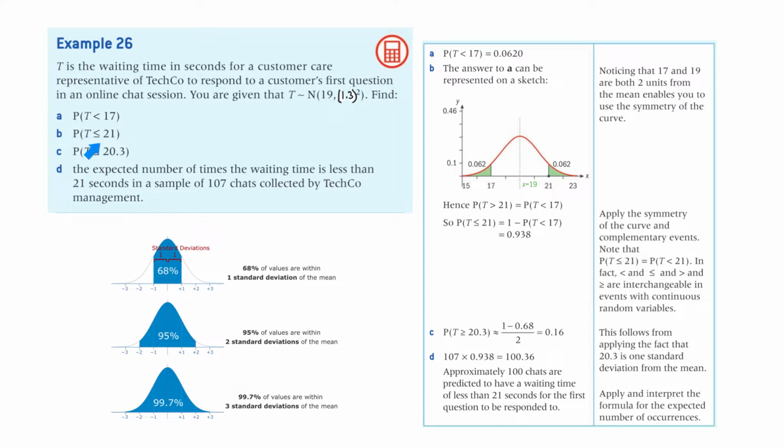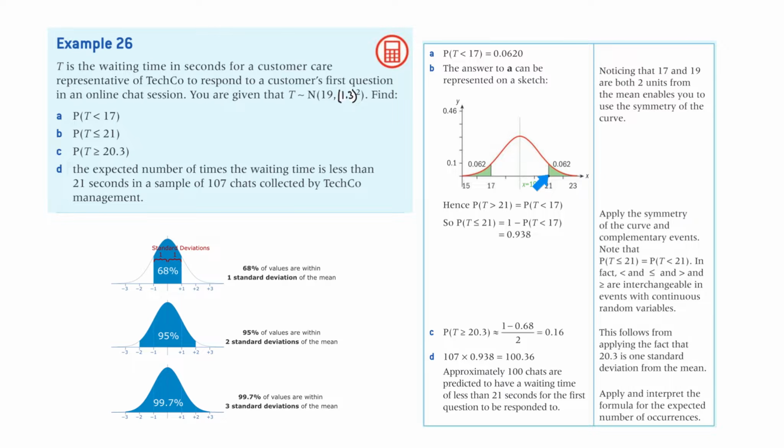Okay, for this one here, it's very similar. We use that for the mean. Again, it's normal distribution, and that's the mean, that's the standard deviation, 1.3, and the range of the domain is going to be from minus infinity to 21. Okay, so looking at their diagram here, it's going to be this region here, which is going to be 1 minus